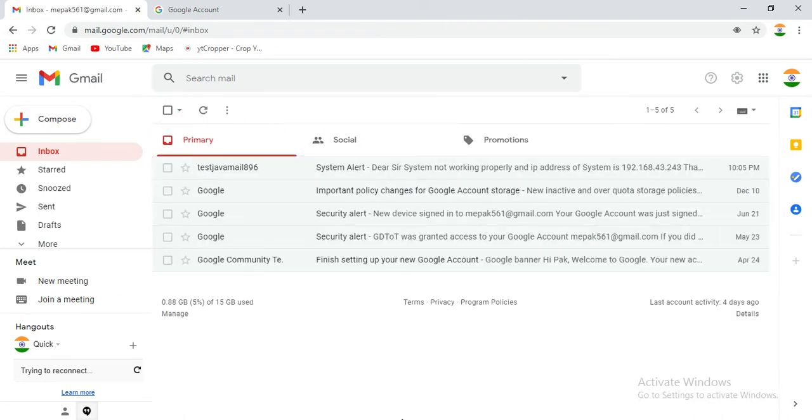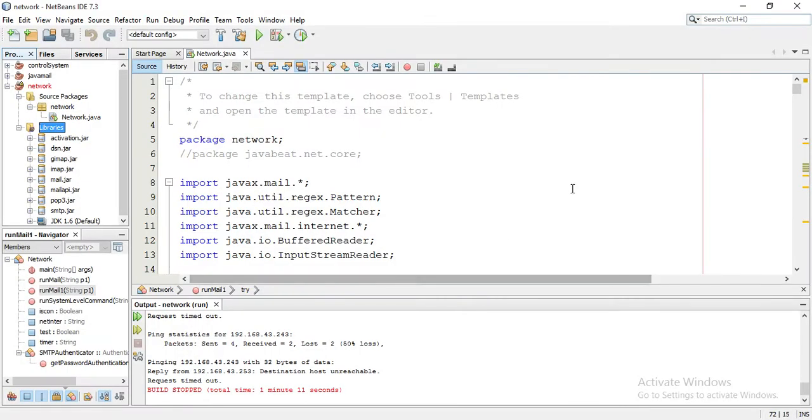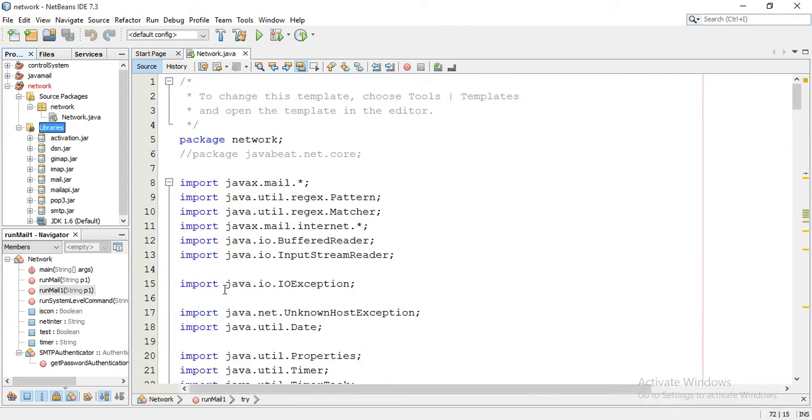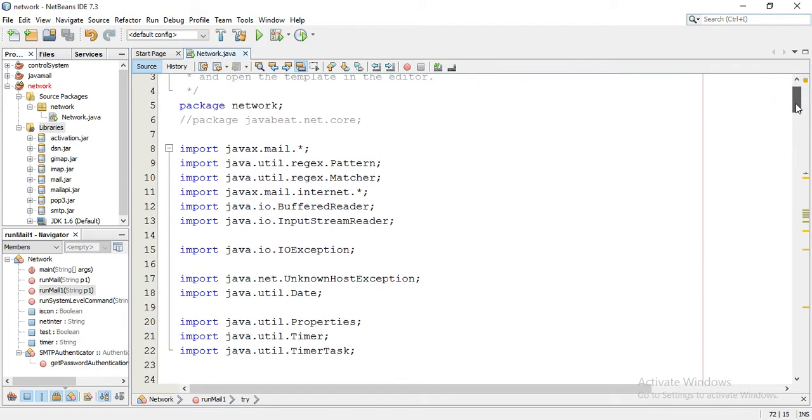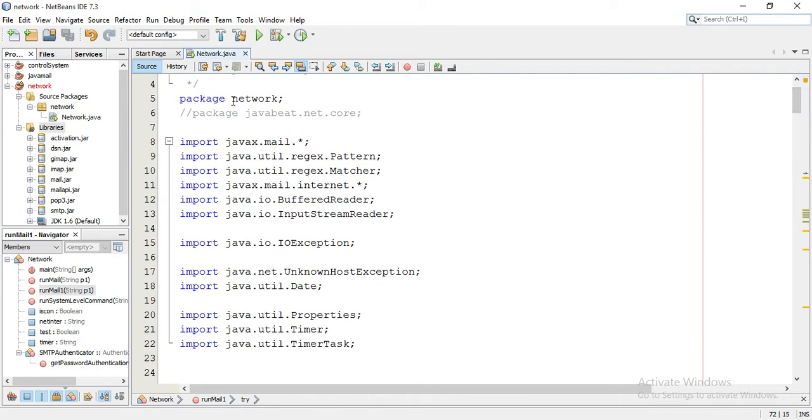So let me show you. This is the package that you need to include, like import. Watch it carefully, and you need to do that. I'm going to minimize this output so that I can get some larger space. You need to import this Java package; network is automatically here, because when you create a new project and